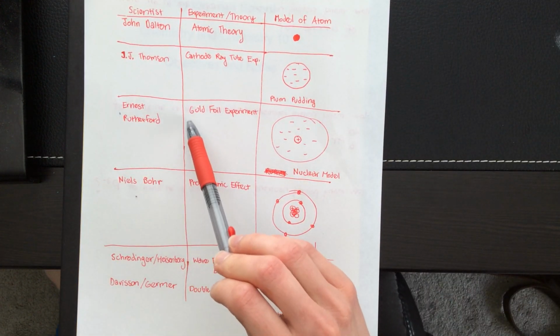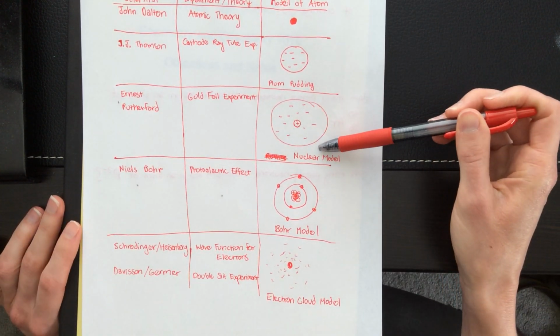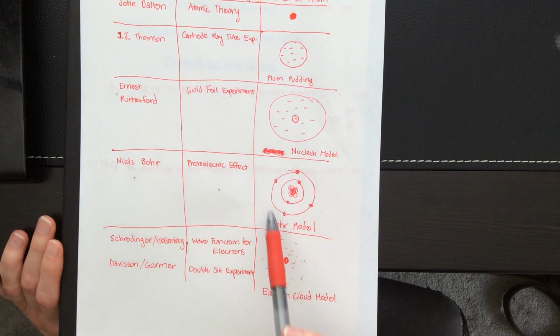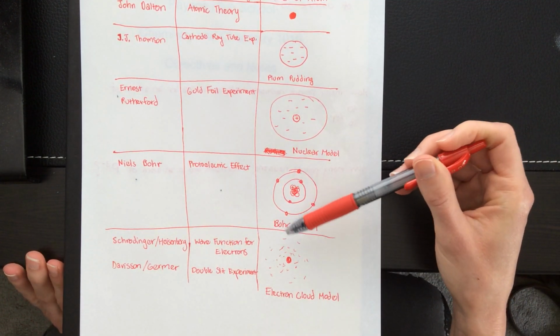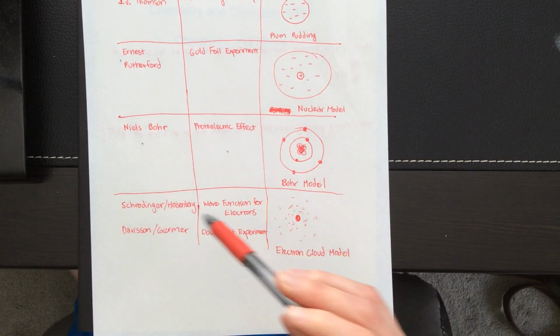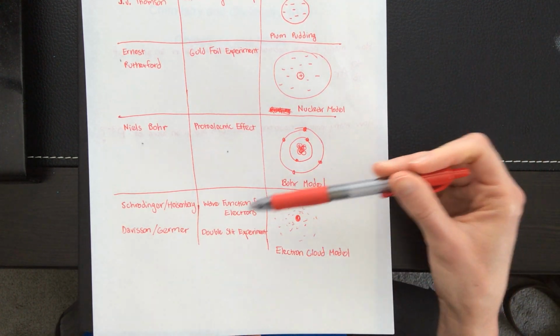Then Ernest Rutherford does the gold foil experiment, discovers the nucleus, so then we have the nuclear model. Niels Bohr discovers the electrons are in specific orbitals, so then we have the Bohr model with the electrons in specific places. And then finally, we have experiments like the double slit experiment, that show us that electrons are both